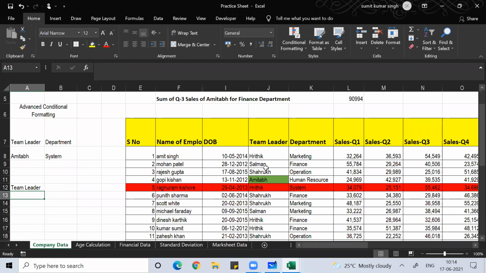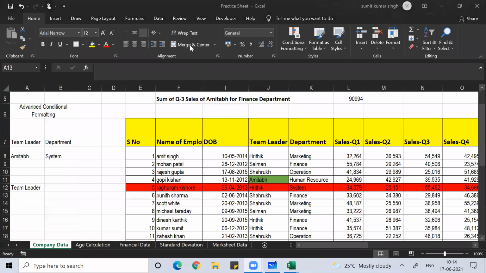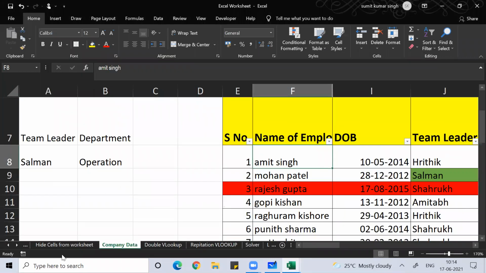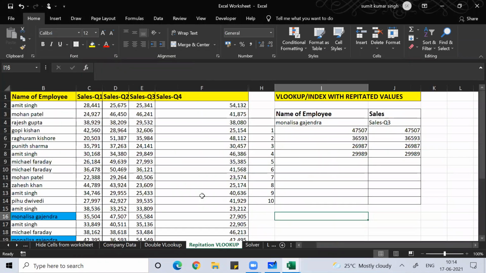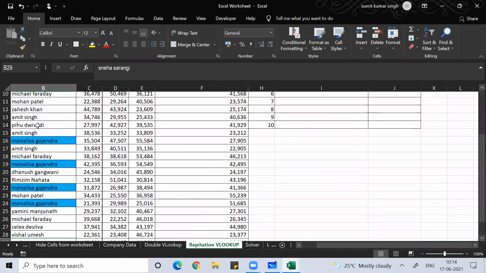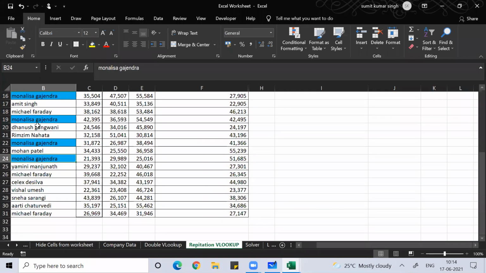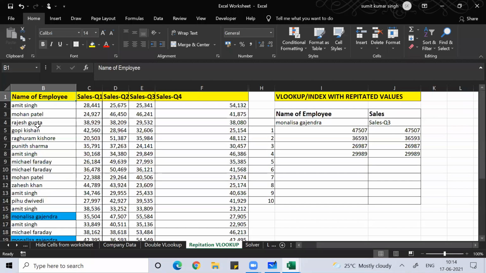To search and locate would be easy, so I don't have to struggle with locating. We can use VLOOKUP, but VLOOKUP works for one data. Working with VLOOKUP on multiple data would be a big thing for us, although I'll teach you multiple VLOOKUP. I have a set of content where I'll talk about VLOOKUP when we have repetition. So I'll show you VLOOKUP. Normally, anyone who knows VLOOKUP knows that if you have multiple data, then you cannot use VLOOKUP.